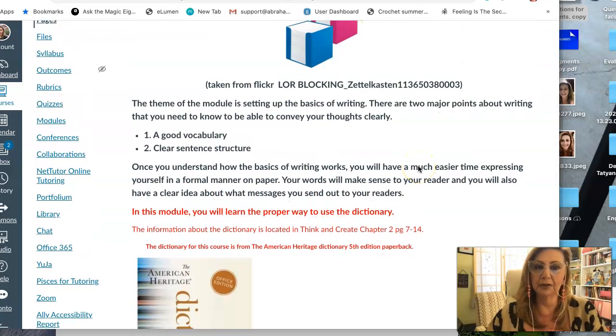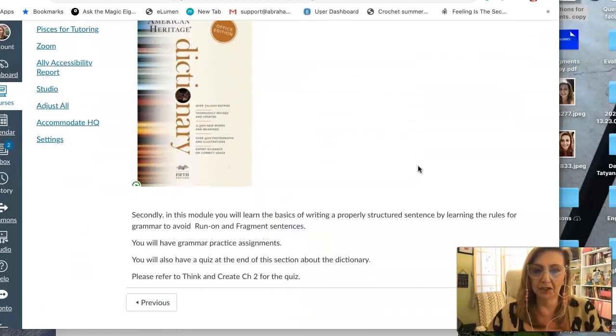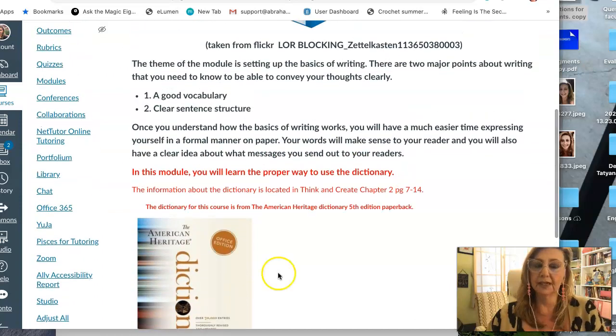So usually in the introductory modules, the first one, I give information, and then I'll remind you, please refer to Think and Create Chapter 2 for the quiz. So the reading is on the modules for you. And starting with Module 1, you will be using Think and Create.